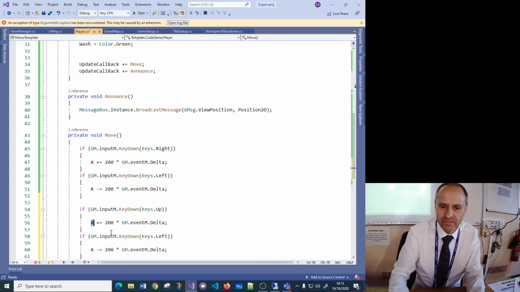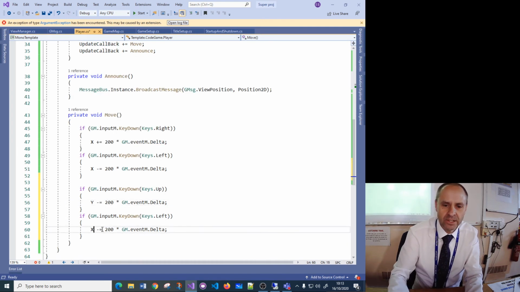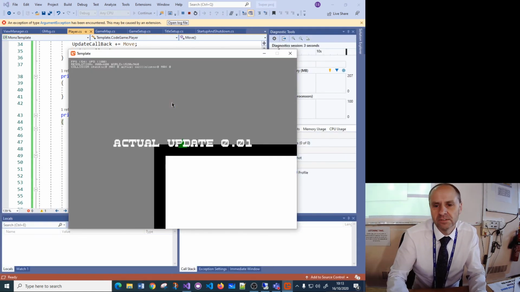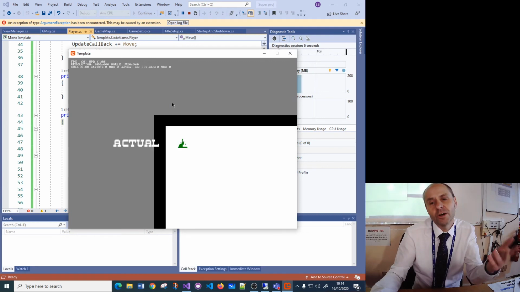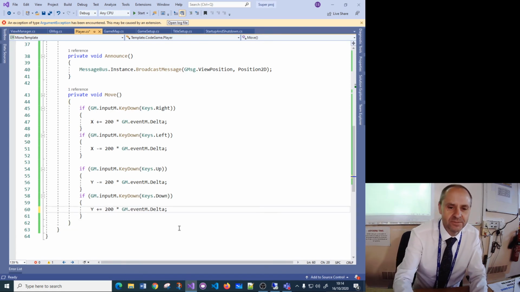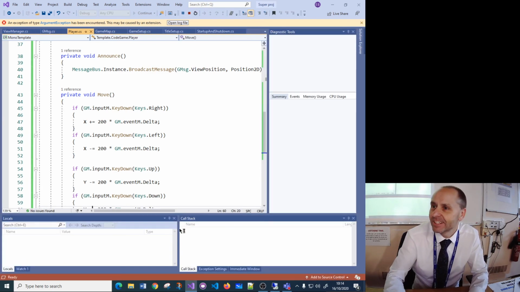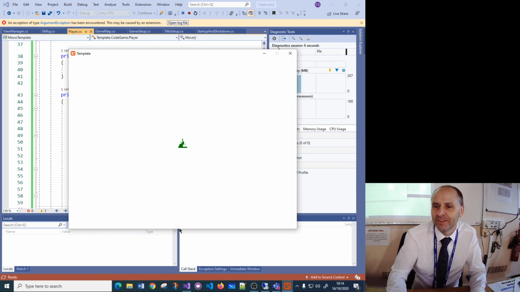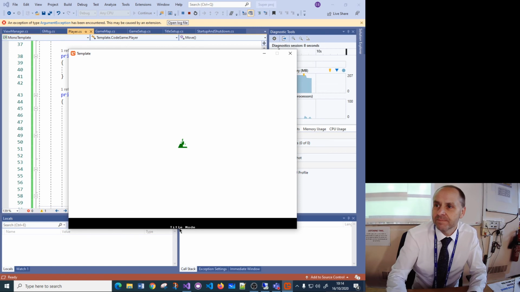So up is negative because 0 is at the top, and down is positive. You'll soon realise that when you go the opposite way. So just use the same delta value. I should have done a checkerboard or something. Oh, I've got the keys wrong. Oh no, I'll put the same key. Copy paste for you. What did I do? I've done something stupid there. They were both going up and down. Oh, they both say minus. Copy paste, copy paste. See, the thing is, it didn't generate a syntax error, and then they become a nightmare to find. But if you're modularizing, then